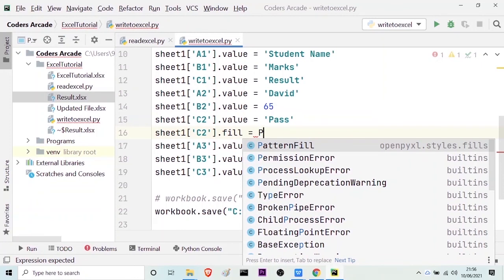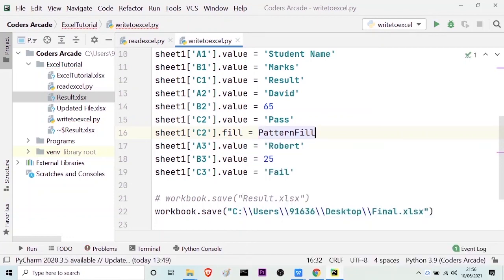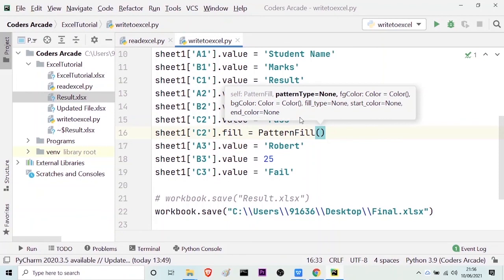As you can see, as I type P, the pattern fill option gets suggested. Then if I press enter, inside the parenthesis, first you can see it is asking me for the pattern type. Then it is asking me for the FG color or the foreground color. So in the double quotes, I will provide the pattern type which is solid,